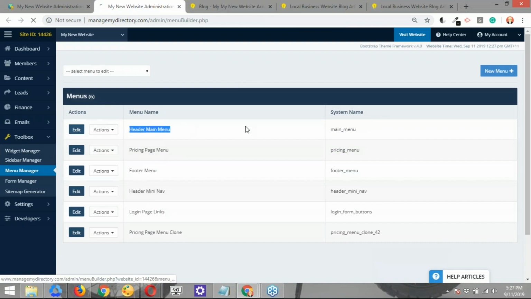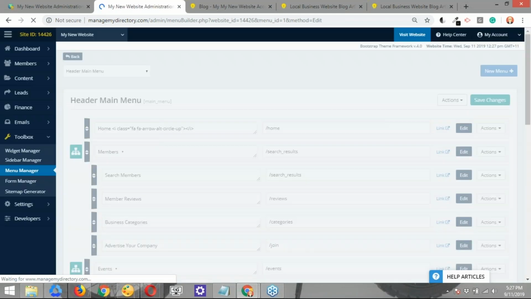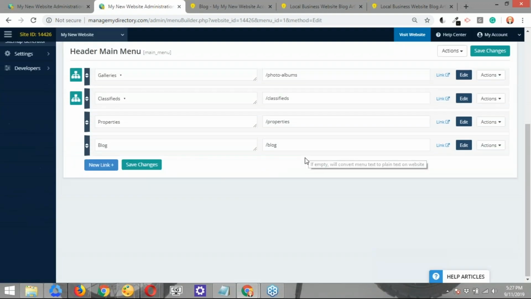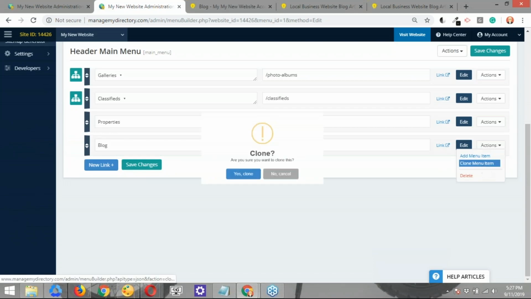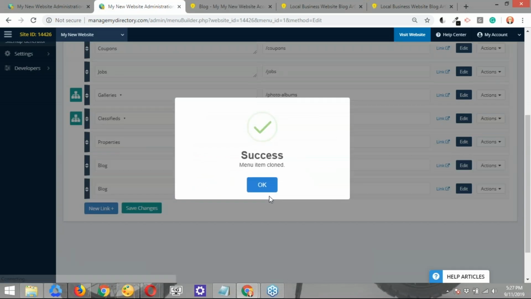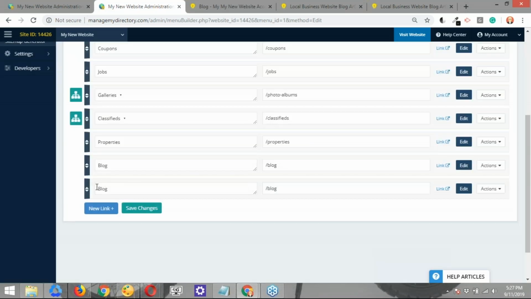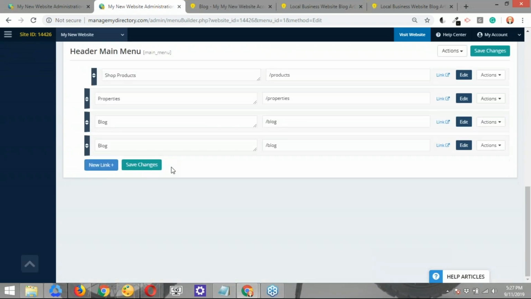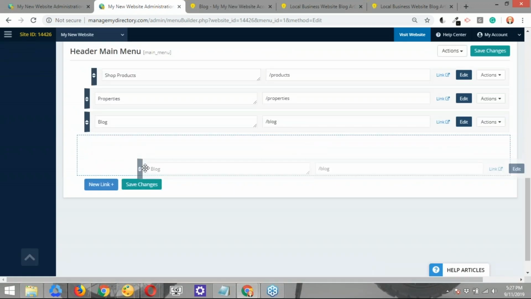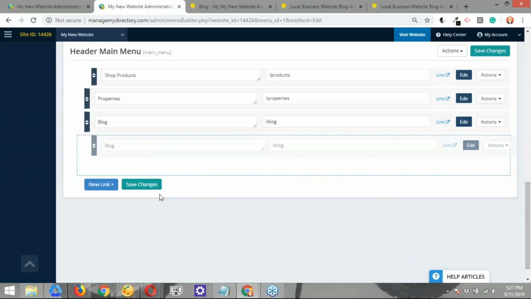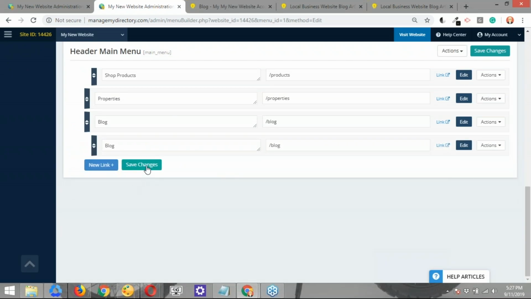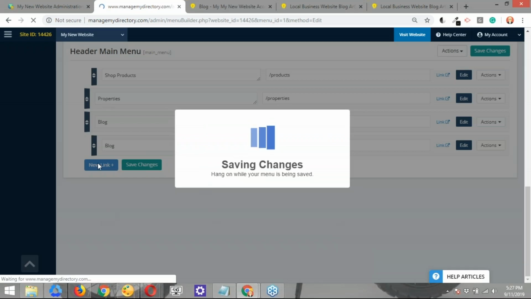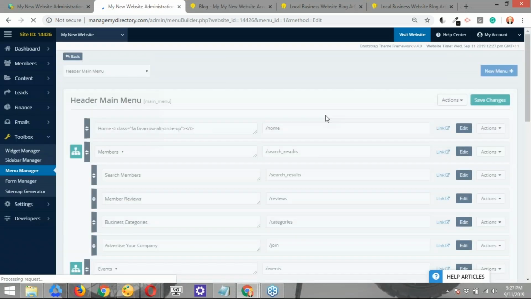The one that we're going to edit is the main menu. So this one right here, let's click edit. What we're going to do is add a drop down underneath blog here. So a very easy way to do this would be just to clone this menu item. Yes, clone it. Okay. And then what we do is just indent it underneath the main blog post there. So there you go. Open it up and let's move it right here. Let me just save those changes again so that the element is underneath the parent element.